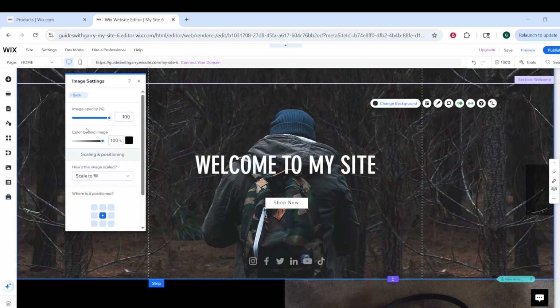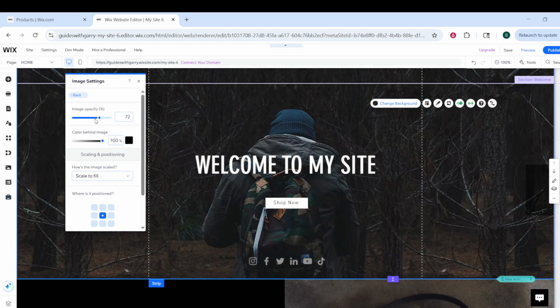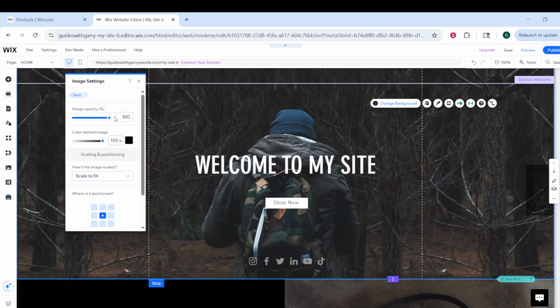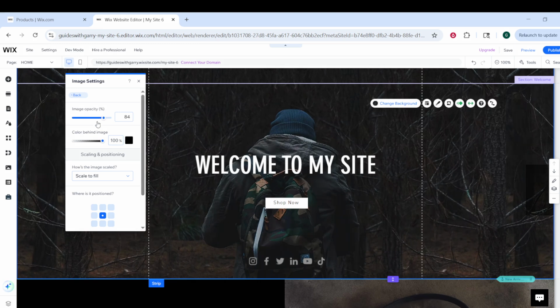The settings area is where you can fine-tune the appearance of the image without replacing it. If your goal is to make the background lighter, softer, or less visually dominant behind your content, this is the exact place you need to be. In the settings panel, locate the opacity slider. Opacity controls how transparent or solid the background image appears. A higher opacity percentage makes the image look stronger and more visible. A lower opacity percentage makes it more transparent, which can help text and buttons stand out more clearly on top